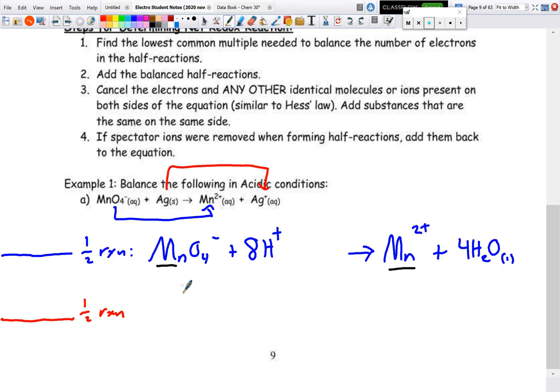So we got MnO4 minus, so that we have one of those, and it has a -1 charge. Now we have 8 hydrogens that has a +1 charge, right? So the total charge on my reactant side right now is a +7 charge. On my product side, I have Mn2+, and I got 4 H2O. Now water does not have a charge, but my manganese does. So I have just one of those, so I have a +2 charge